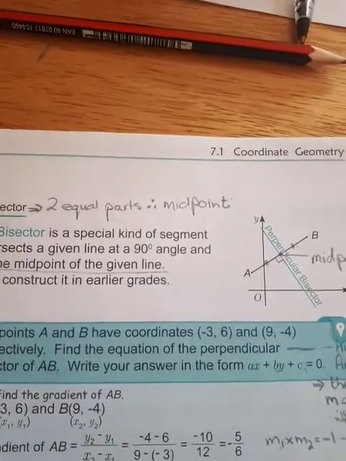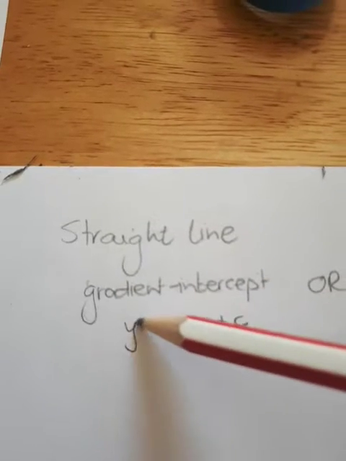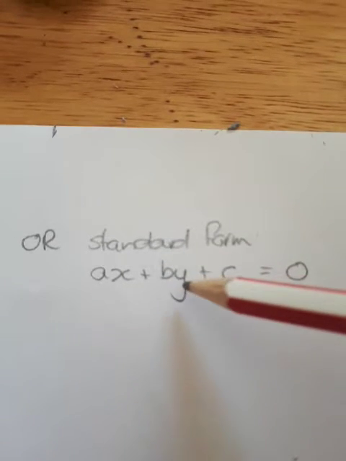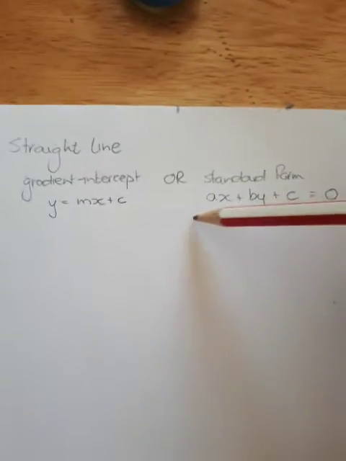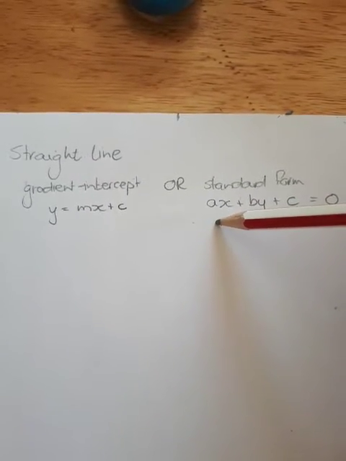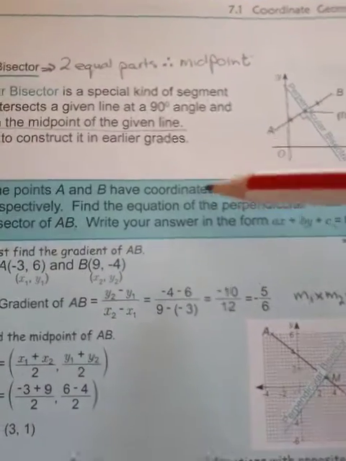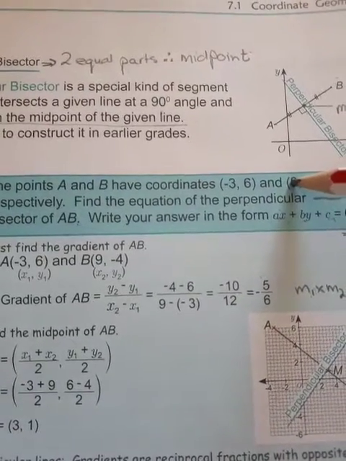Remember, we have the gradient-intercept form, which is y equals mx plus c, or we have the standard form, which is ax plus by plus c equals 0. Both are equations for straight lines. All right, so we must now take this very slowly, step by step. You are starting with two given coordinates. Now remember,